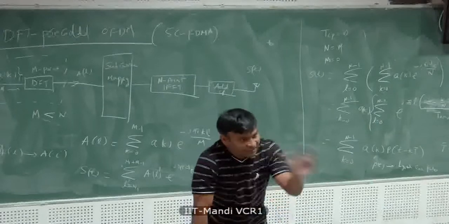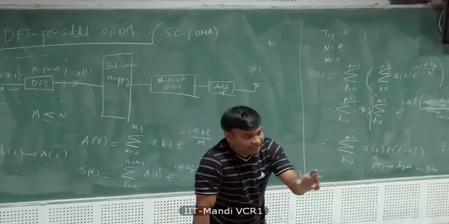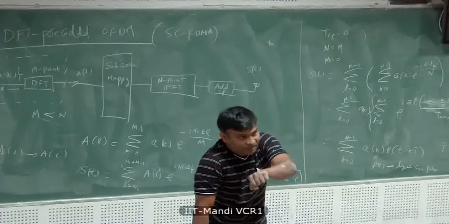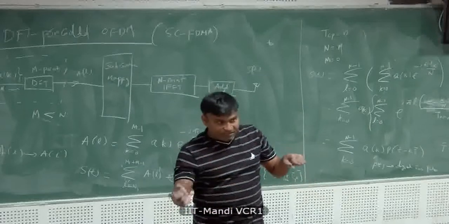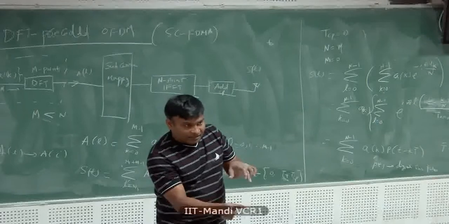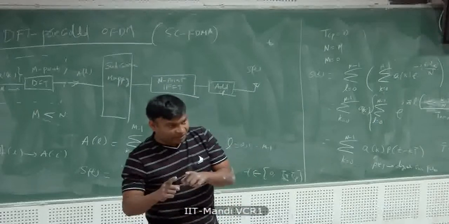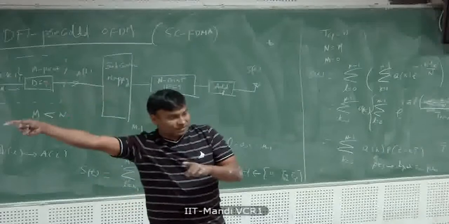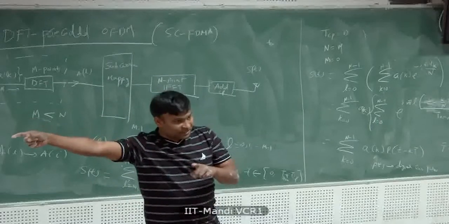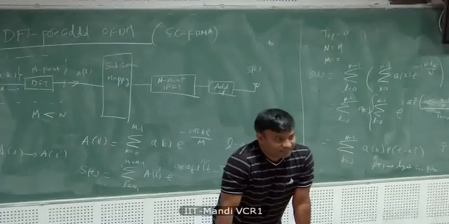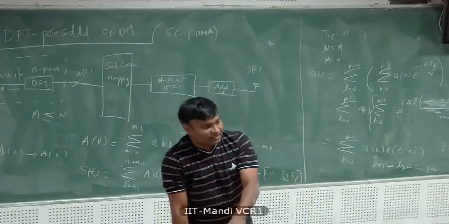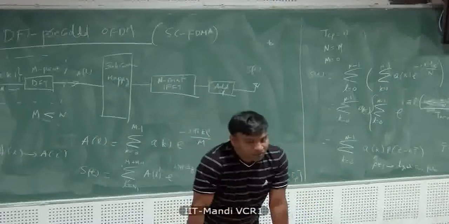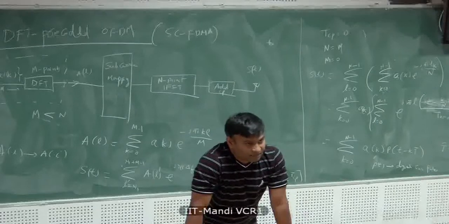How do we do that? That's where the CP comes into the picture. You do some processing at the transmitter: take the last piece of the transmitted signal, put it in the beginning, pass it through the channel, linear convolution happens, and discard the first CP part. Then if you start looking at the next first sample, it has ISI contribution from the last samples of the transmitted signal, which is a circular operation. So it transforms into a circular convolution. Then you go on and take the DFTs and process it in the frequency domain. So it's a way of simplifying the system and allowing DFTs to be used at the receiver.